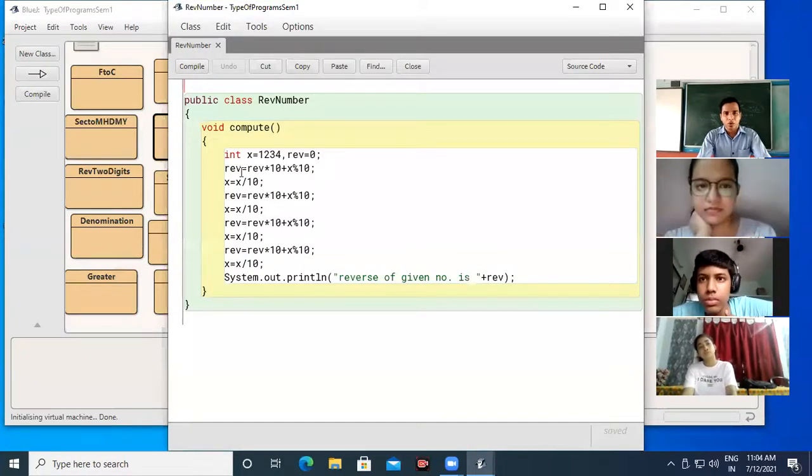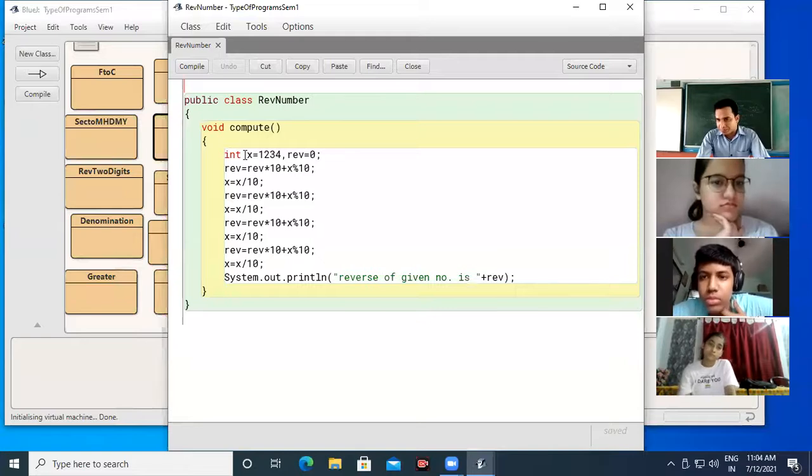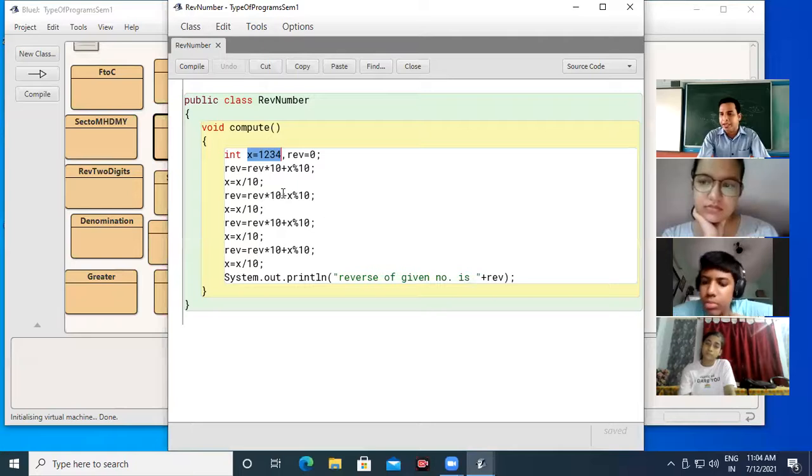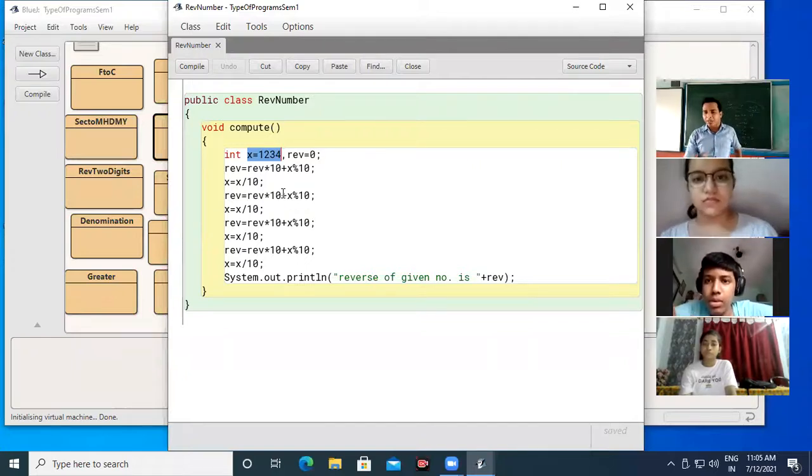Okay, this is the program. Here, this is a static program, because integer x equals 1234. If in the examination it is written to take input from the user, then use the Scanner class. I will convert this program into a dynamic program after the explanation.